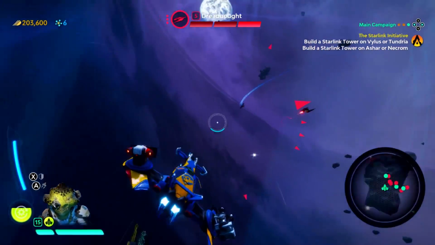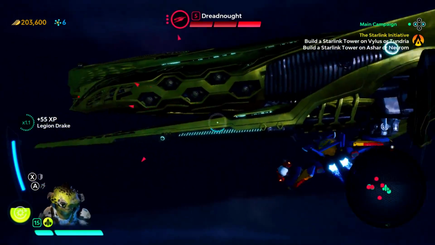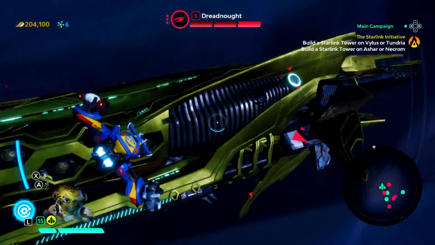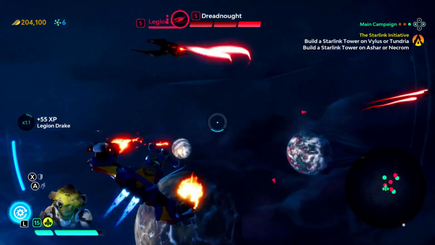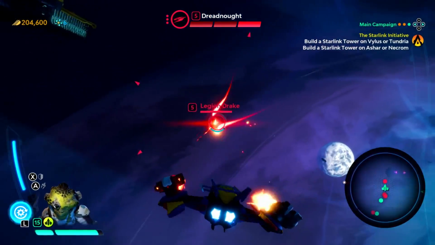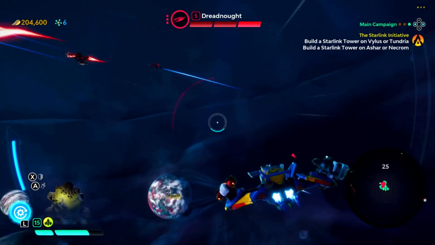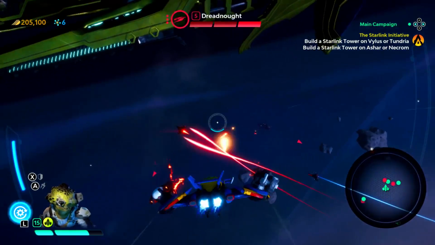Now, you may have noticed that there is a timer on each Dreadnought. I don't know what that timer means. It says like 8 minutes on the one and 15 minutes on this one. What I assume it is, is the time until it drops another Prime. So it's quite possible that by the time we manage to take out this Legion Dreadnought, another Prime will get dropped on either Vilus or